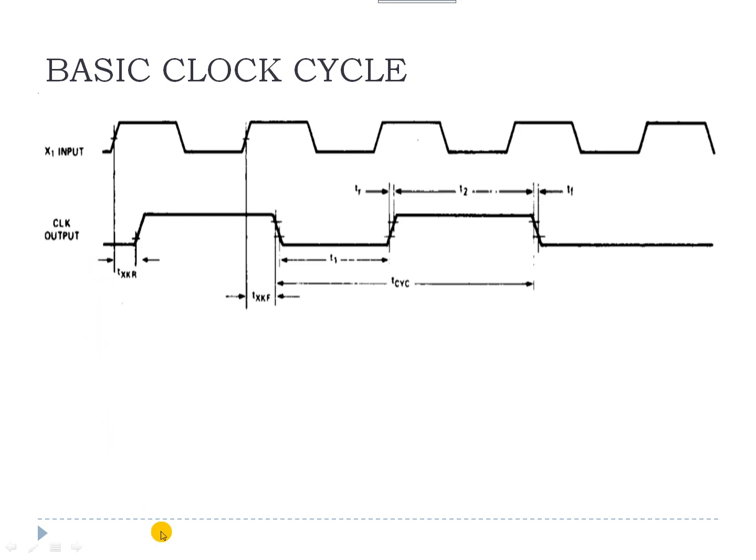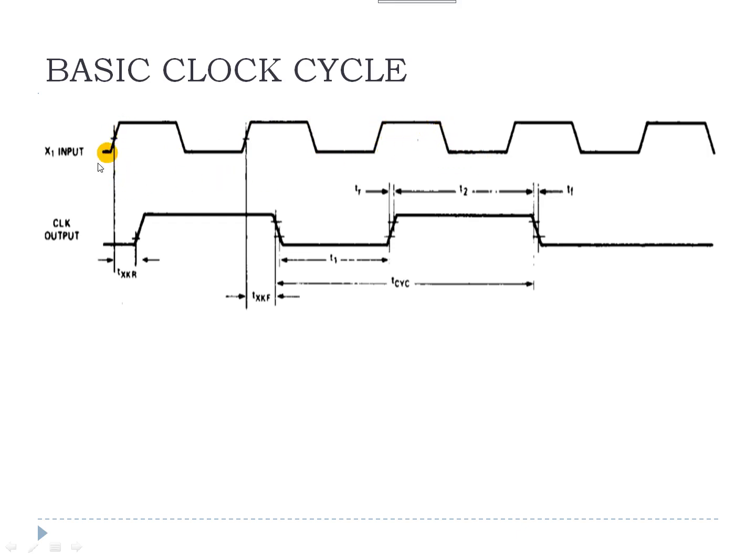and the input clock is given by the crystal oscillator, which inputs the frequency of 6 megahertz, and it is divided by the internal divider into 3 megahertz. The dividing operation is presented here in this particular diagram. You can see that these clock cycles have a waveform like this.